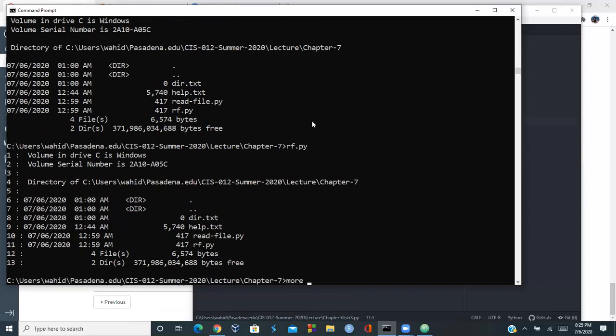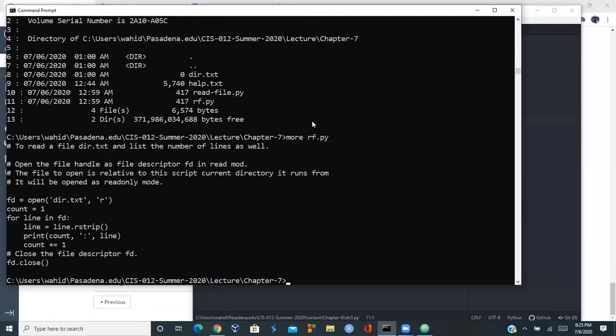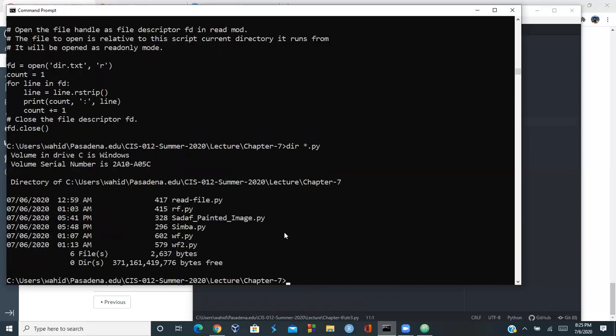And here's one important thing: when I look at it, I'm just printing lines as I read them, and nothing else. And then just counting the line number and also printing the line numbers. And so that's what this does. Let me do dir star.py. And here, let's go to,